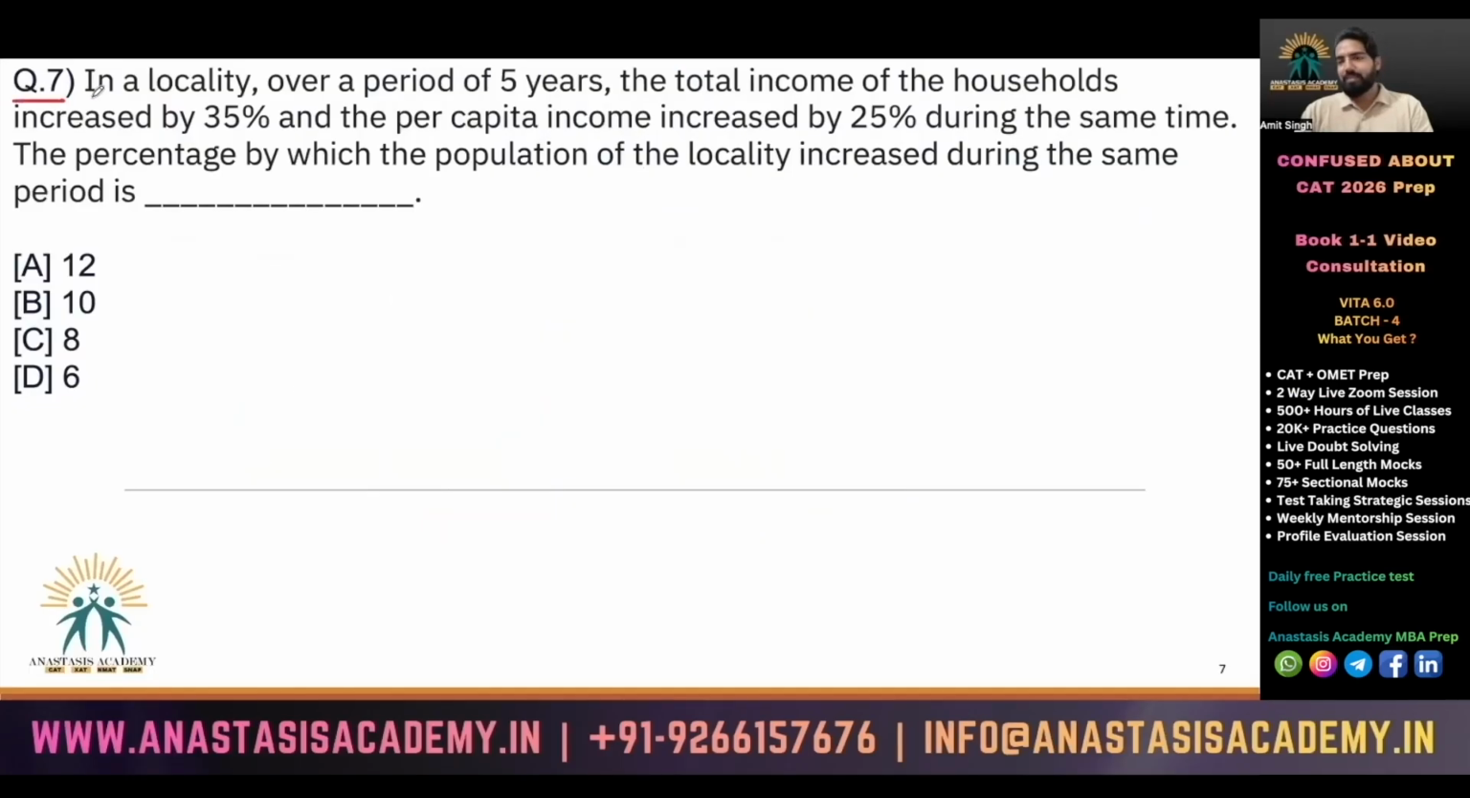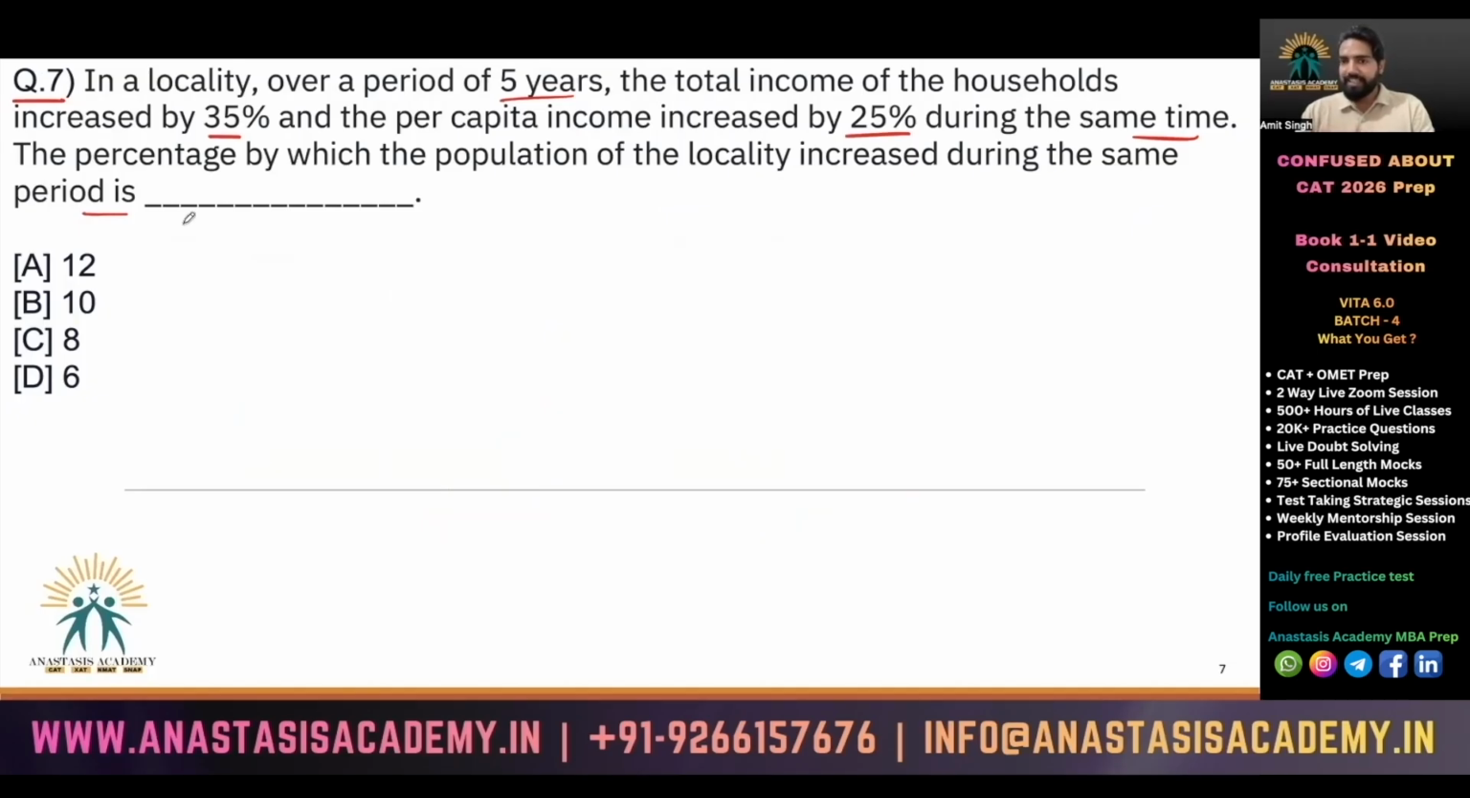Let's look at this question now. In a locality, over a period of 5 years, the total income of the households increased by 35% and the per capita income increased by 25% during the same time. The percentage by which the population of the locality increased during the same time is, first of all, we need to